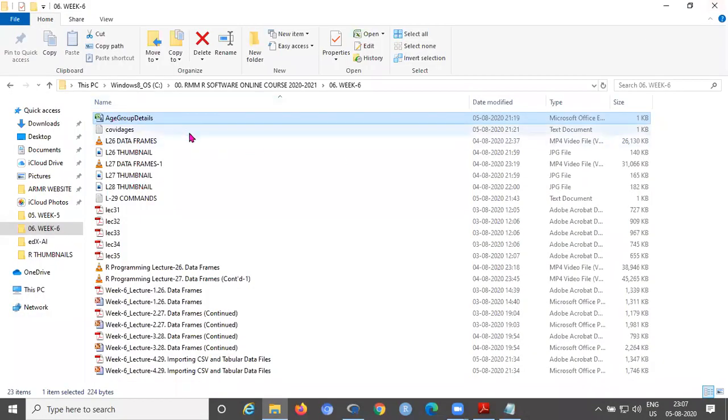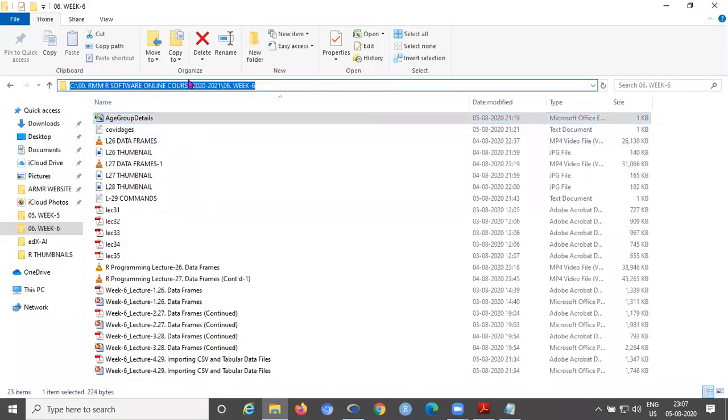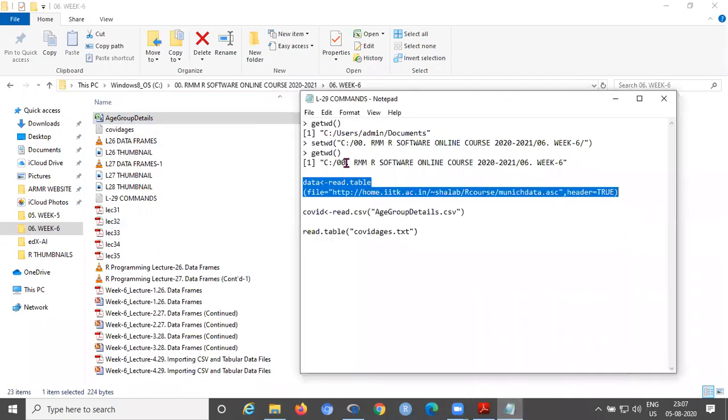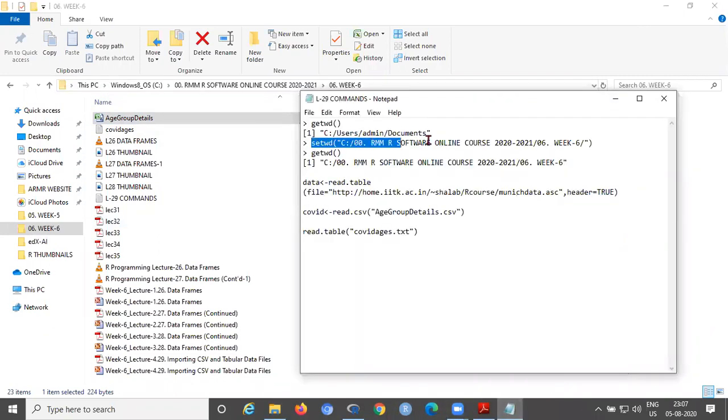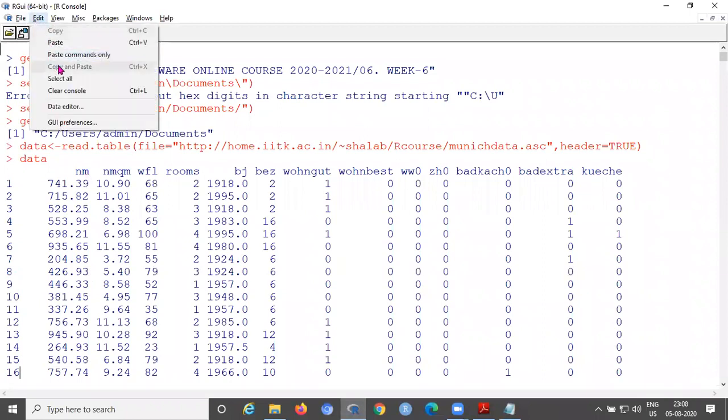Now see where this file is located. Here you can see the path. So this entire path you need to copy and set as your working directory. Now use the command, this one, setwd. So you have to set the directory. Why?